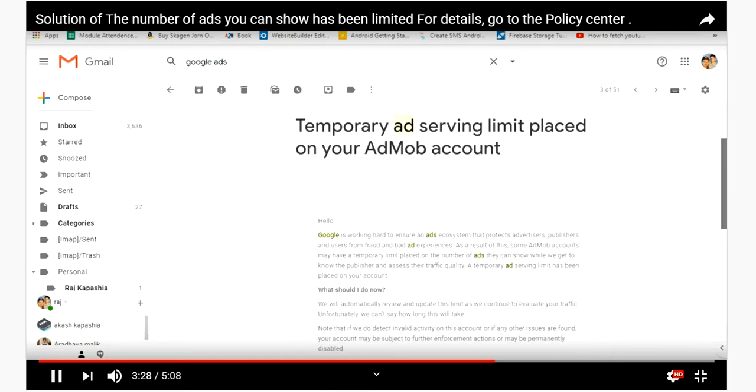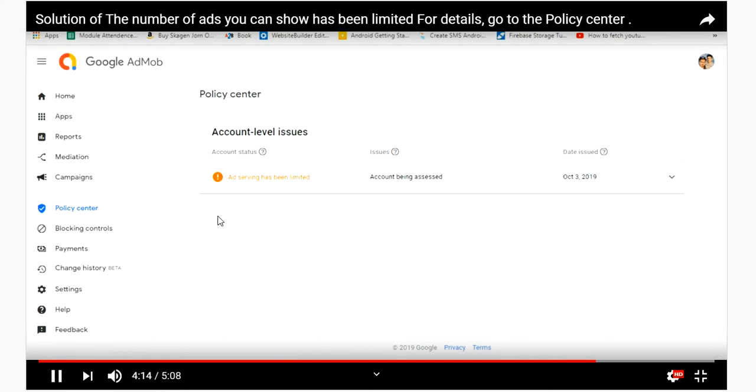Okay guys, there are so many errors like this. "Ad serving has been limited." If you are using a website and so on, go on AdSense, click on the feedback part, and do the same thing which we are doing on AdMob. Okay guys, and remember one thing,